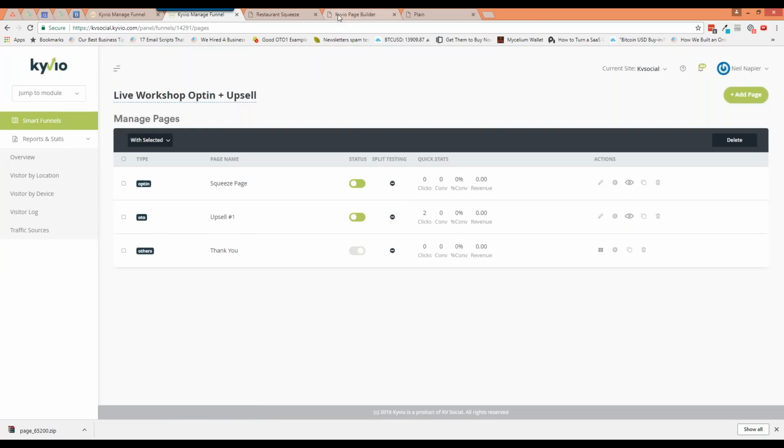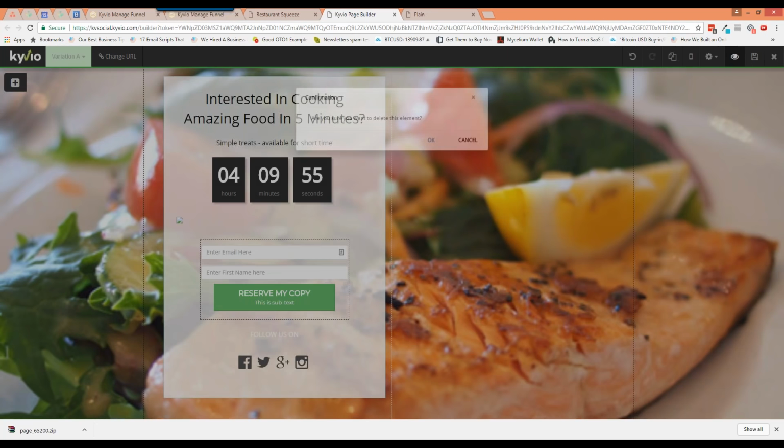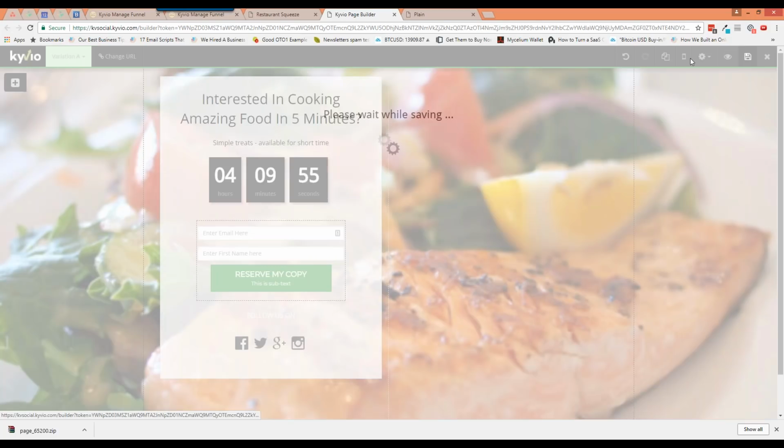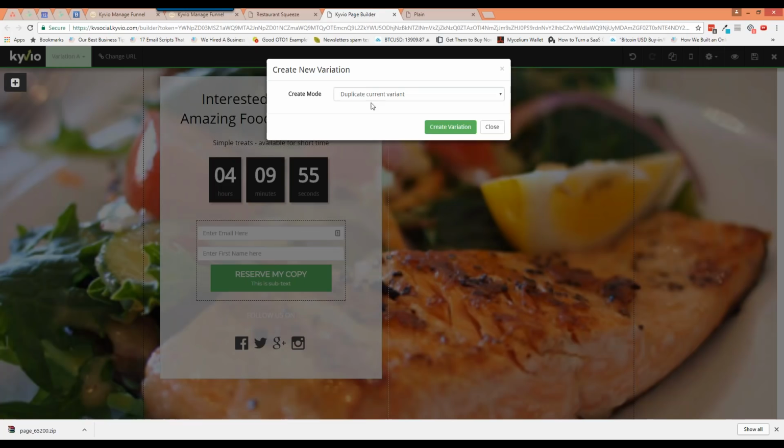So let's go back to our squeeze page, and I'm going to get rid of this. So we've got this page, which is, let me move this GoToWebinar window, which is perfectly fine. Now what I want to do is split test it, because maybe I'm okay with the headline, everything is fine. Maybe I just want to get rid of the timer and see which one converts better. So what I'm going to do, and let's just save this for later, is create a new variation. When you want to create a new variation, you can either start with a new template from scratch, which is something I will not recommend ever, just because if you're really split testing, then you want to continue using the same template. So duplicate the current variation, click on create variation,